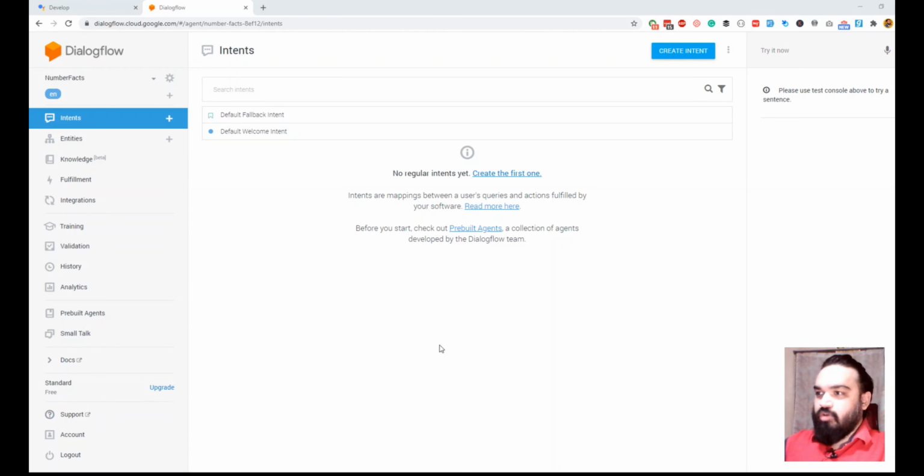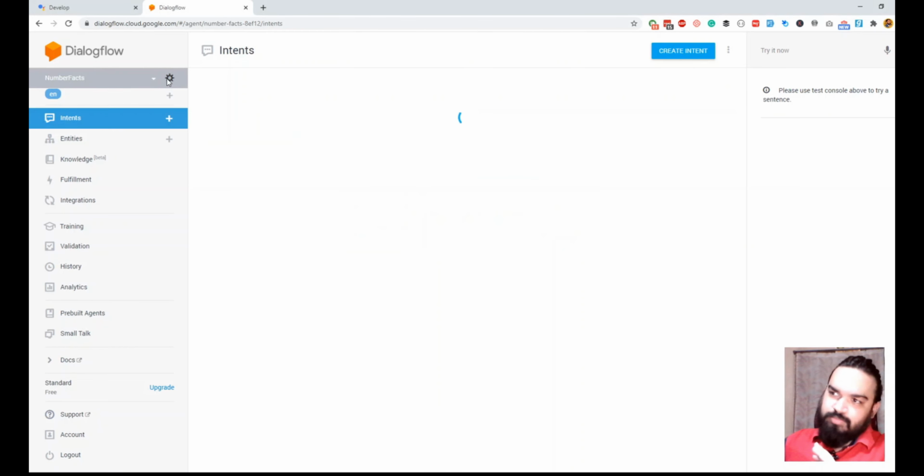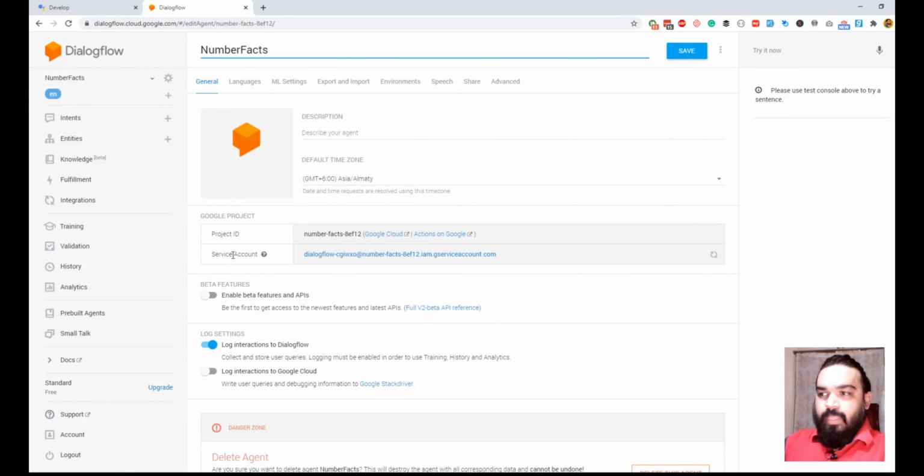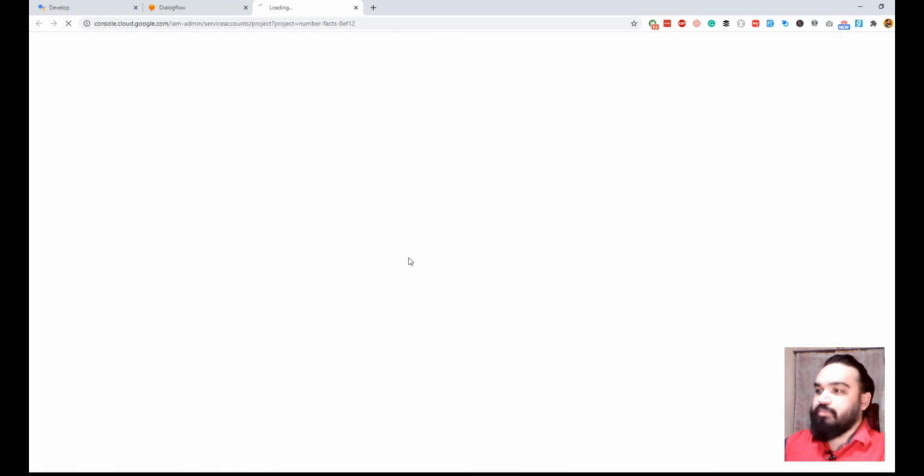Great. So the Dialogflow console looks something like this, and you should see the same name that you used in the Google Action console here as well. If you don't see it, just click on the drop down and create a new agent, and make sure you link the project that you just created previously here, so that this is linked together. Now just click on the gear icon and look for service account here. So once you see service account, all you have to do is just click on this part.